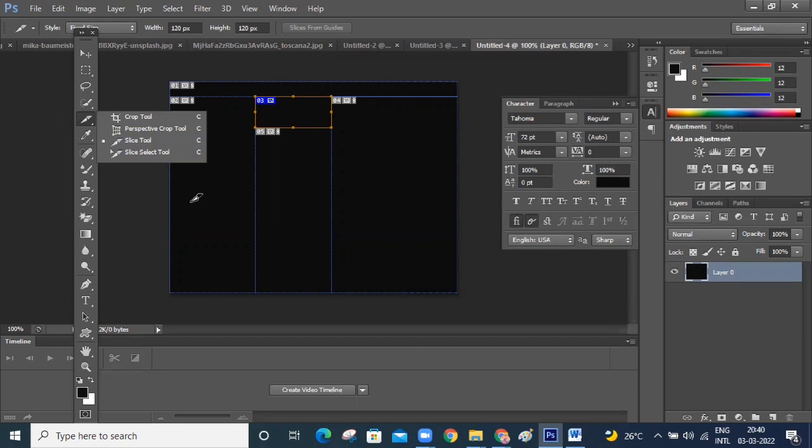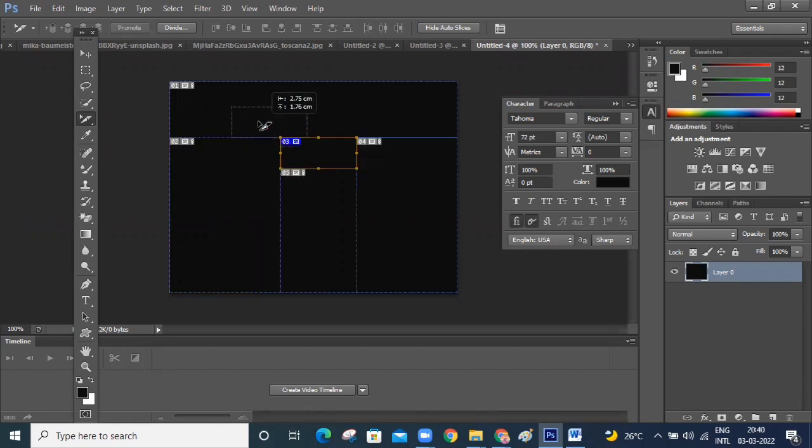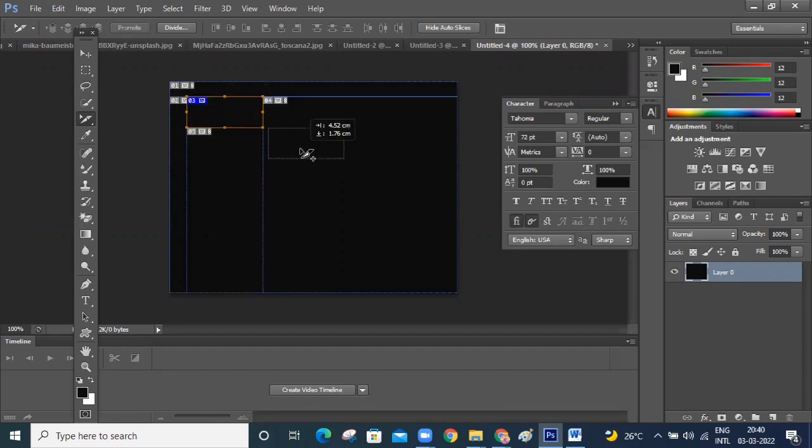In select slice tool, let me draw some slices. One more, you can press alt and duplicate the slices also. These two slices, I clicked on alt and duplicated the slices.